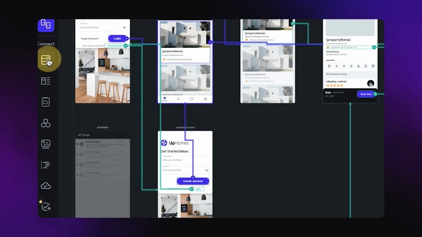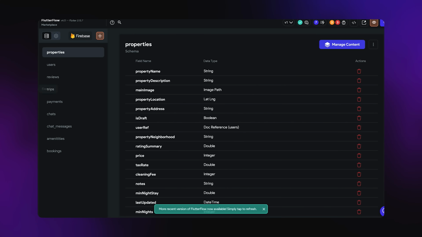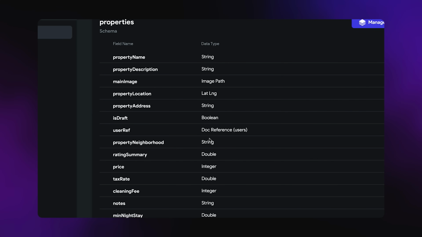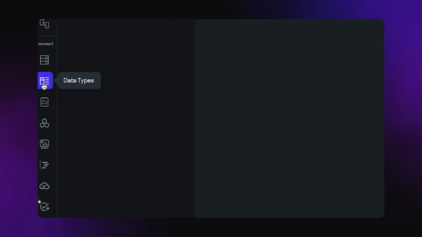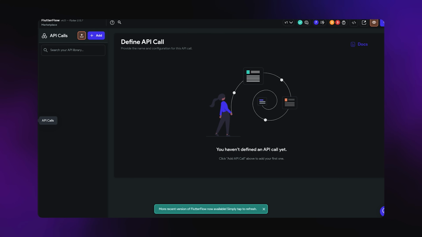Underneath, we have the database right here. Now, the cool thing here is that Flutter Flow automatically integrates with Firebase. So here you'll be able to see your database, and you don't have to keep going back into Firebase. Underneath here, you're going to have the different data types. When you make more complex API calls or connect in external services, we're going to be using this little tab